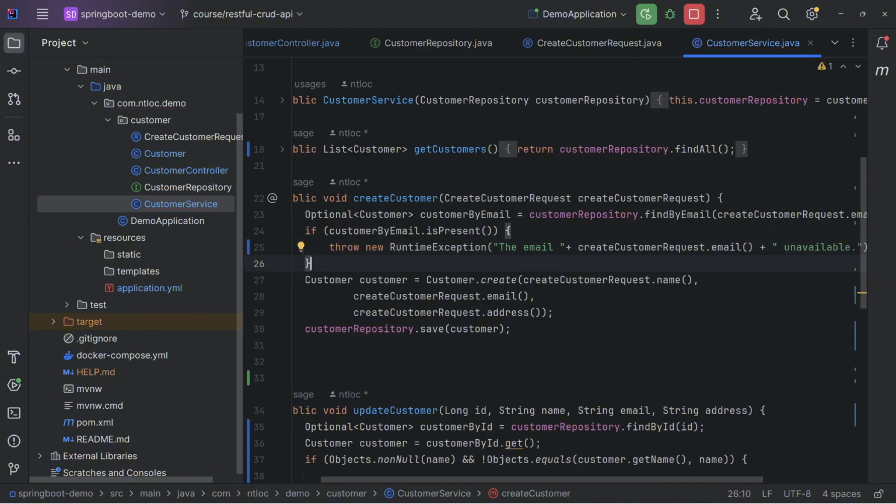And if that's not the case, we just simply create a new customer and then save it.